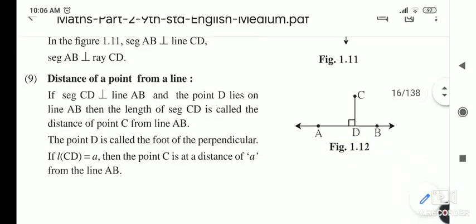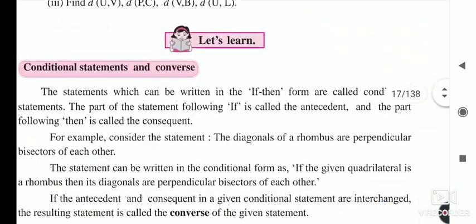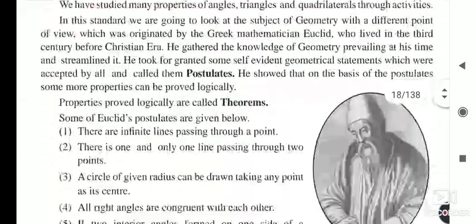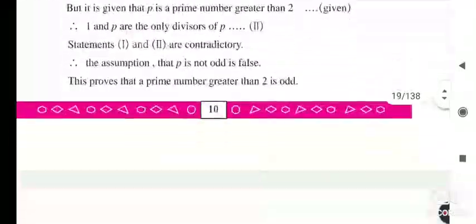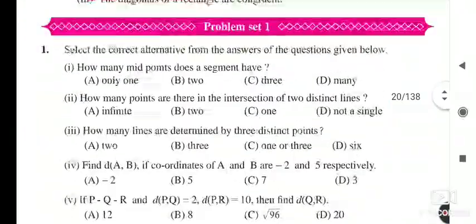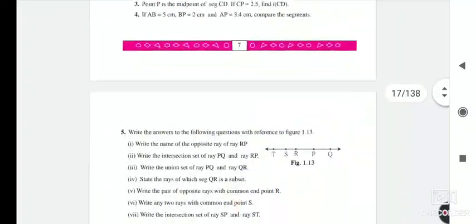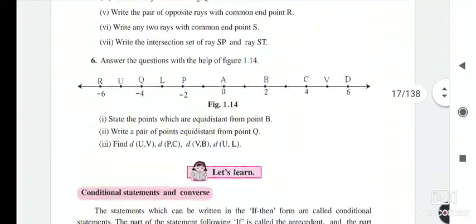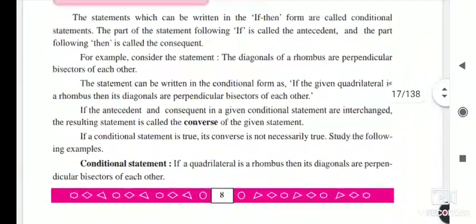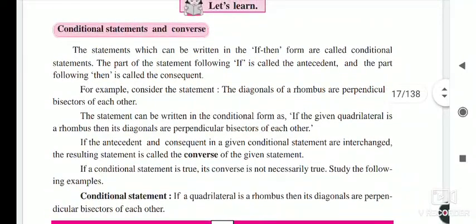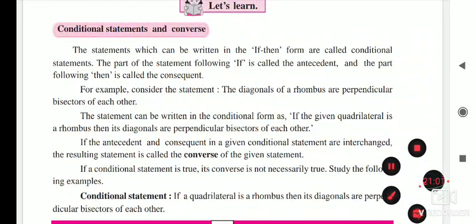So these are the basic things that we have studied today, and in our next lecture we will see the remaining parts. Then I will give you the test on this. So today all of you do this revision, and then we will start the next topic in our next lecture. Today we will stop here only.